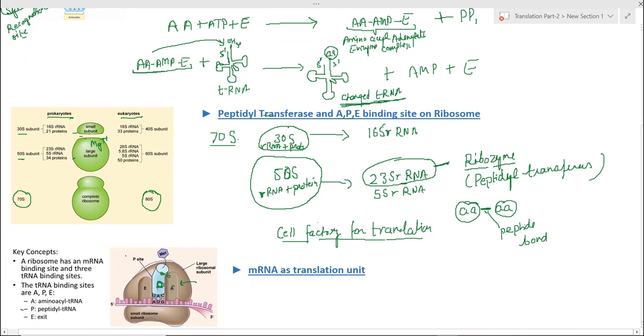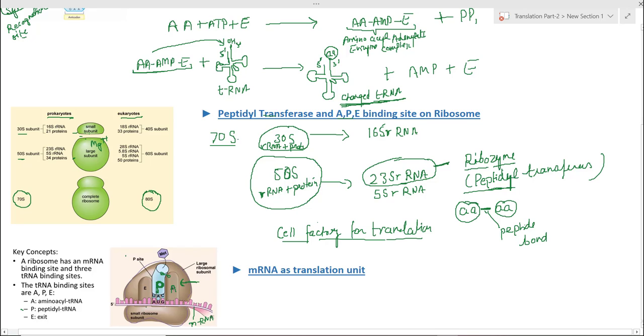We can see clearly in this diagram, in this picture. This is the ribosome and this is the mRNA binding over there. So the ribosome has an mRNA binding site, and these different sites, the A site, P site and E site, are for tRNA. These are different sites for binding tRNA. This P site is important because here the peptide bond is formed between the two amino acids, and this enzyme, the peptidyl transferase, is present at this P site.